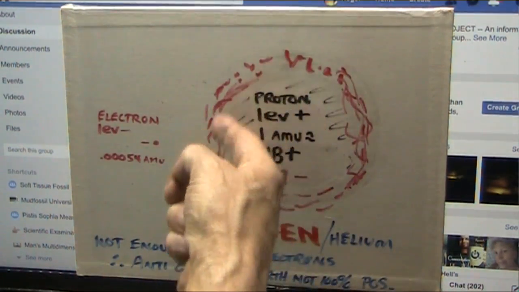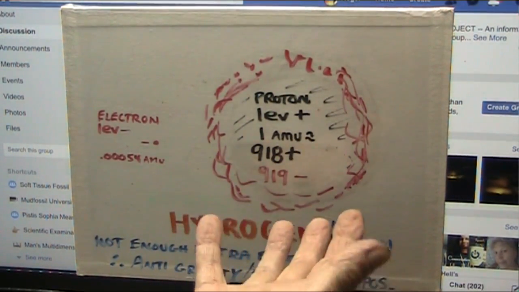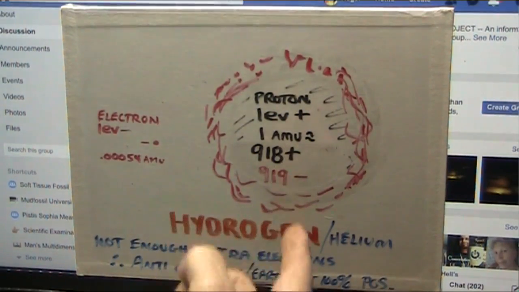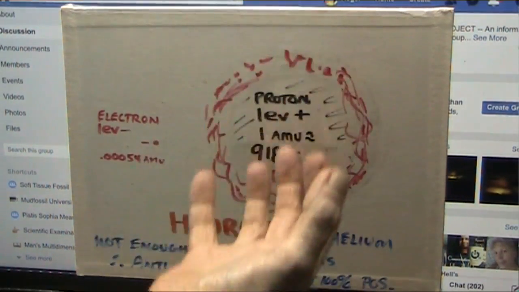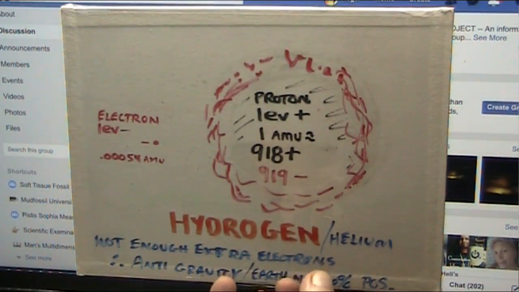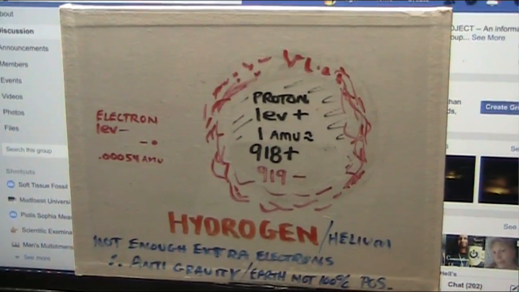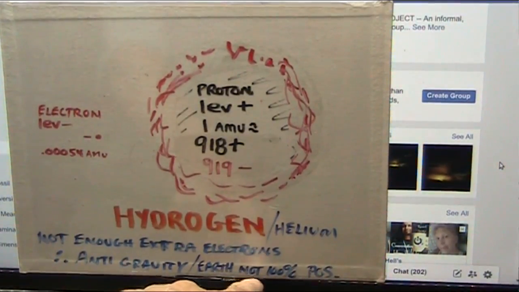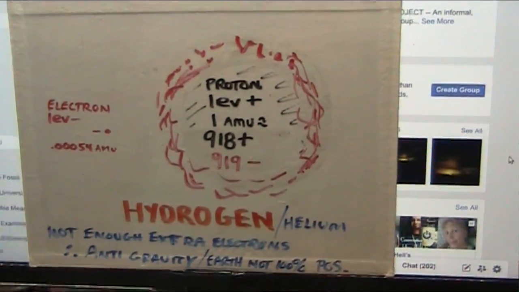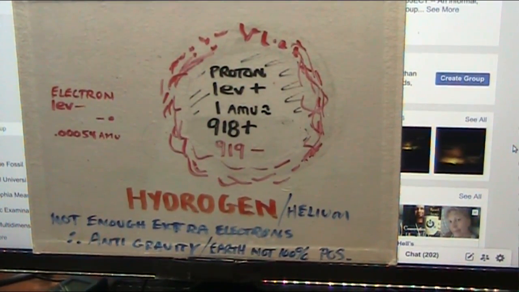So these particles that are negative will sometimes, I mean, the particles that are on hydrogen and helium don't have enough negativeness. The positiveness is being pushed away, and the negativeness is not enough to pull down to that positive. Hydrogen and helium are not enough extra electrons, therefore they are anti-gravity. What's your anti-gravity? All right, the Earth is not 100% positive. So there's your anti-gravity. And if you can move the electrons out of the S&P orbital, I think you can